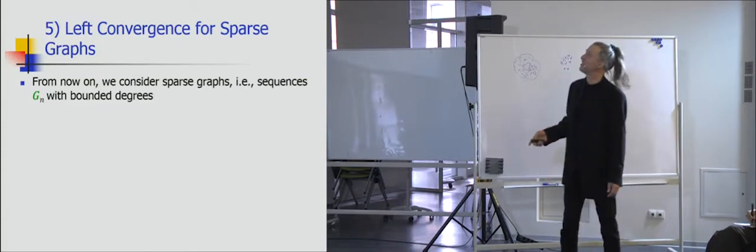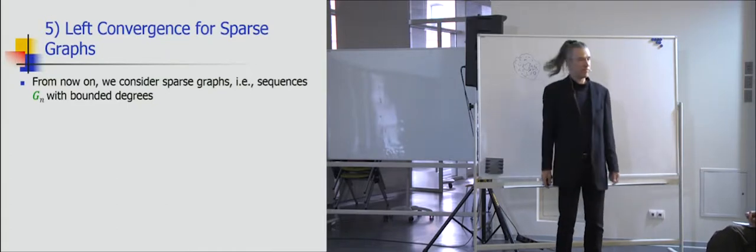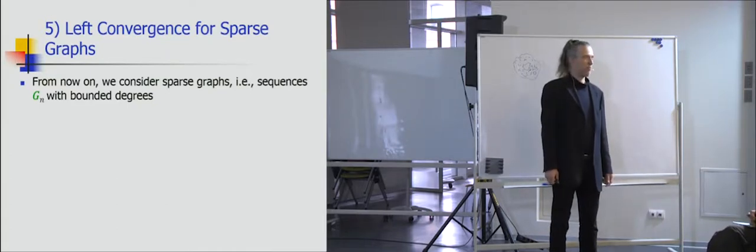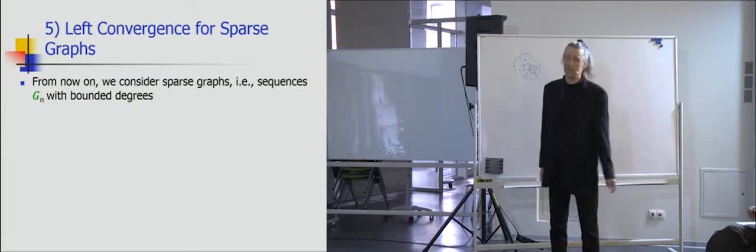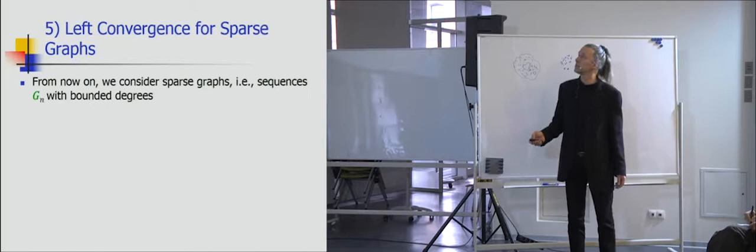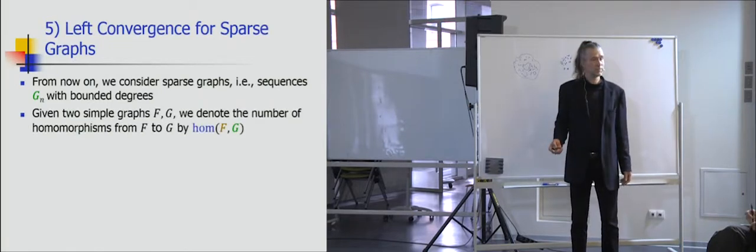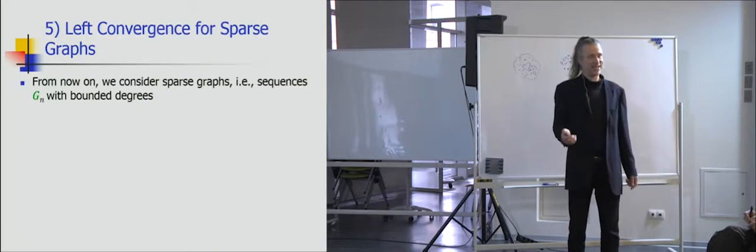Okay, from now on we want to consider graphs with bounded degrees, which is, in many cases, a better approximation to real life than dense graphs. Maybe the real world lies somewhere in between, but here let's look at bounded degrees. Bounded degrees or bounded average degrees? Bounded degree. So you're right that